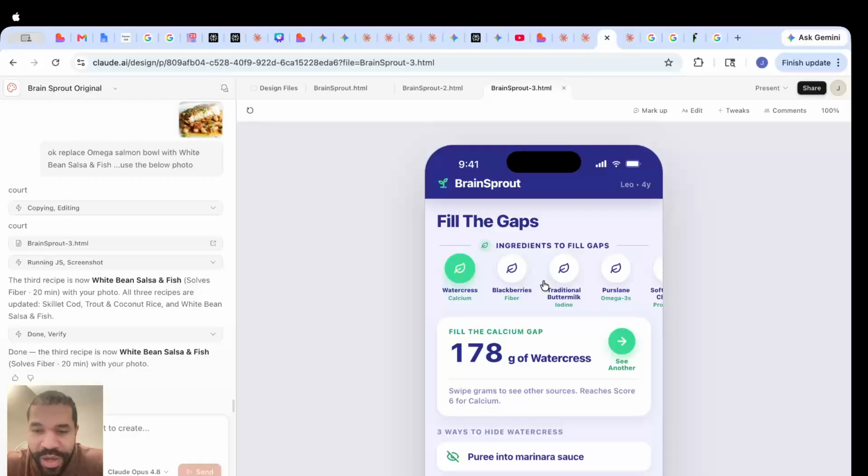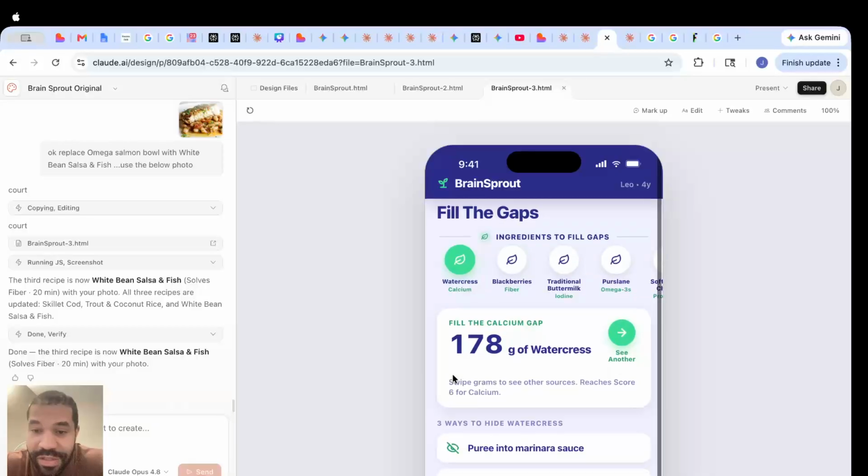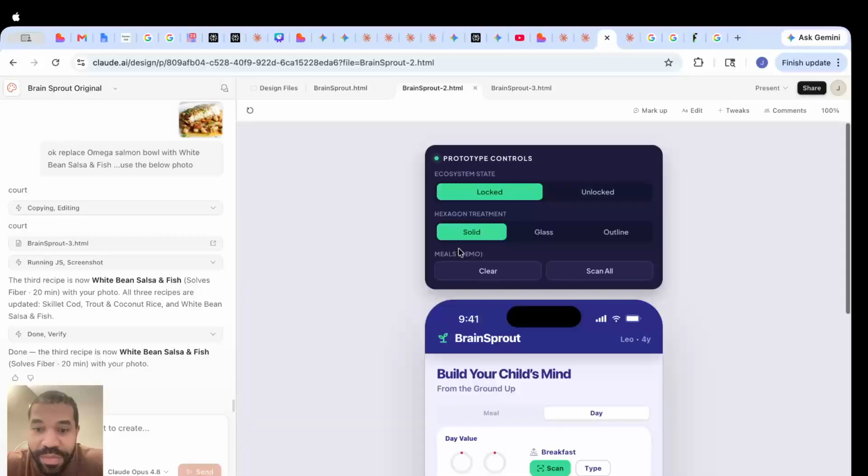Now, you may say, okay, what if the item that we have for fiber, or the item we have for calcium, let's say, for instance, is something they don't want. We're not going to include watercress in our database, but let's say it's something that's equally obscure, or something that they feel is obscure, or maybe the child doesn't like it. So here is where we have the detail, and I think a big standout piece of this design is that we're including the amount, right? The estimated amount based on the daily value that we're missing here,